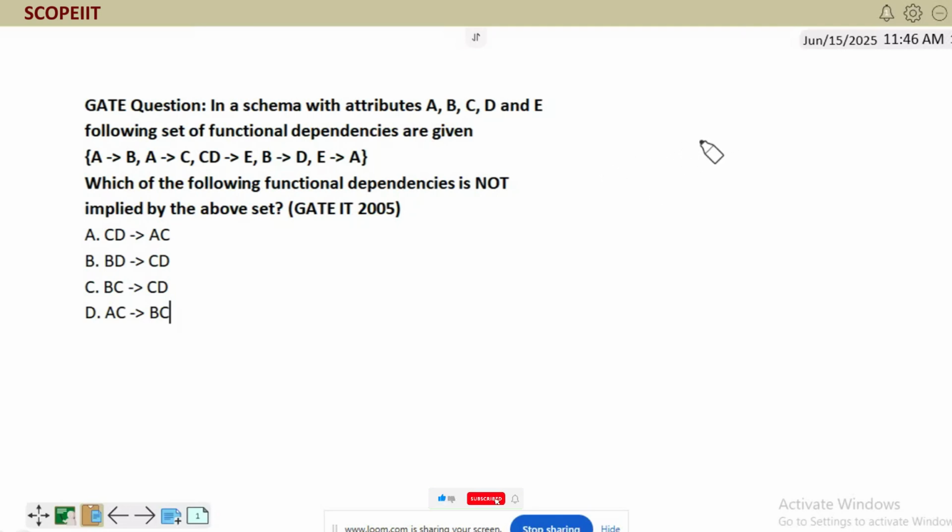Okay, so this is your previous year GATE 2005 question. As I explained you the concept functional dependency closure property, based on this we can answer this question. So if you see the first one, CD tends to AC. So let us check, find the closure of CD. Closure of CD as per the reflexive property, first of all we will write CD itself. After CD, now you can check here from C or D what we can get. From CD I can get E here, you can see. So I'll write here E. Then A we don't have. B also we don't have.